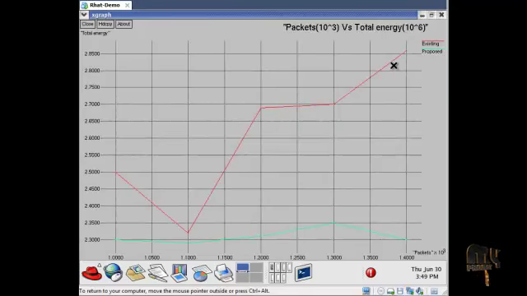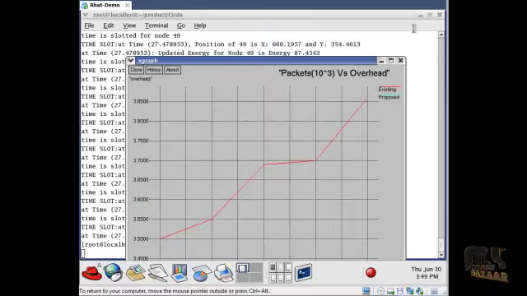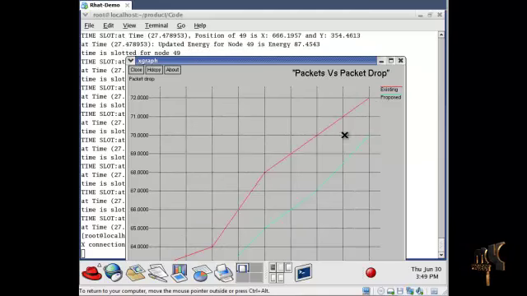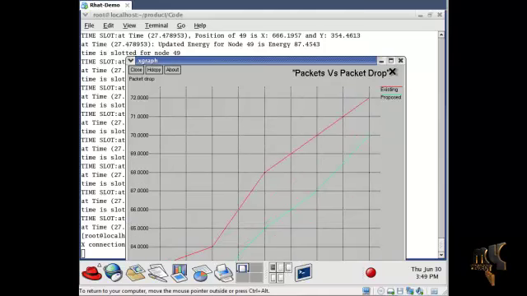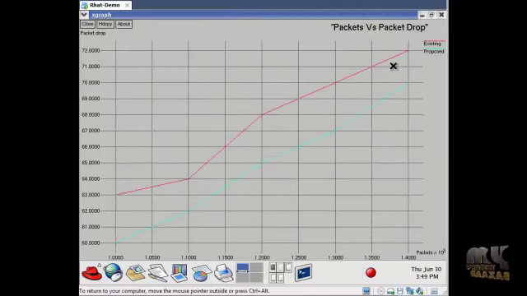This is our simulation result graph for the packet delay. So the existing system has more packet delay than our proposed system. So we achieve a better delay tolerant environment. The packet dropping ratio for the existing system is higher than the proposed system.